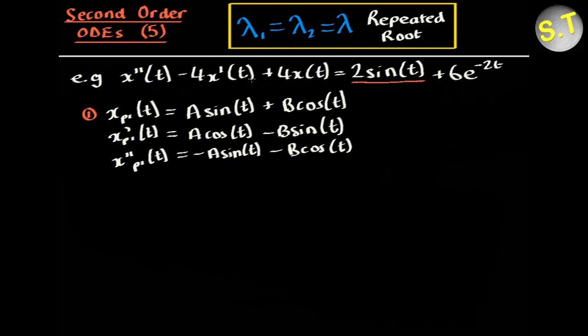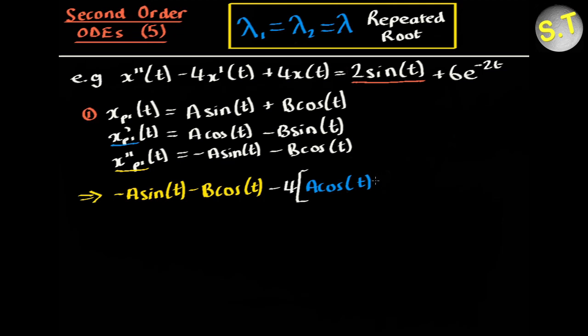Now all we need to do is replace our general equation here with our particular one here. So everywhere we have a second derivative, we need to replace it with our particular solution of the second derivative. So we have 1 times the second derivative of our particular solution of t. So we have minus a sine t minus b cosine of t. Then we have minus 4 times the first derivative, so a cosine t minus b sine of t,